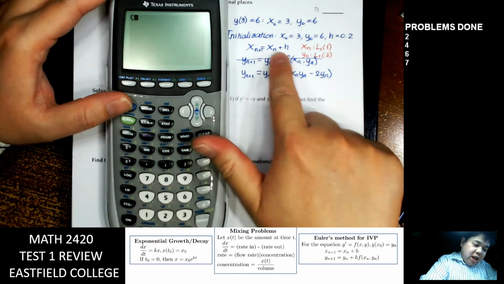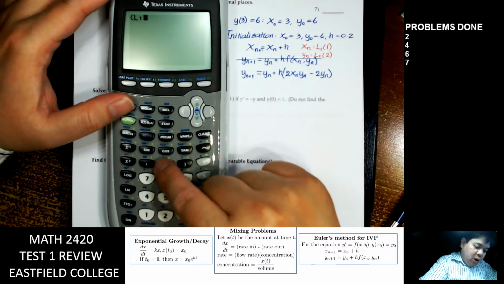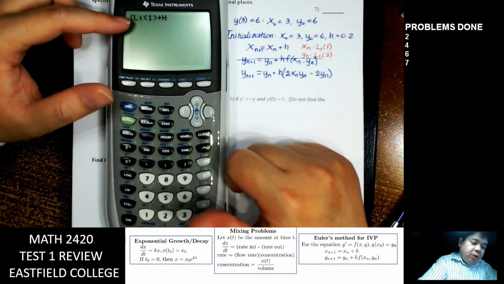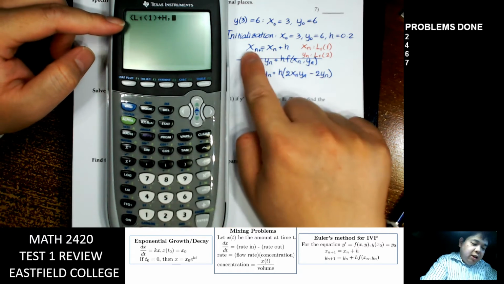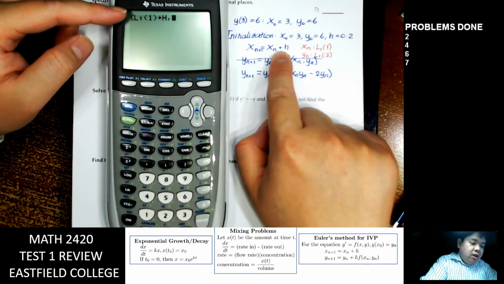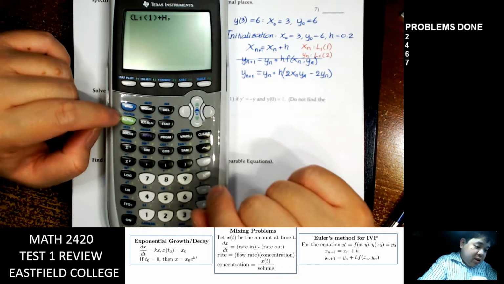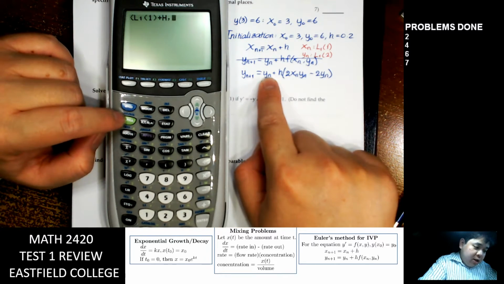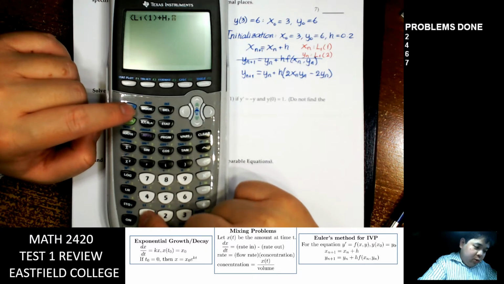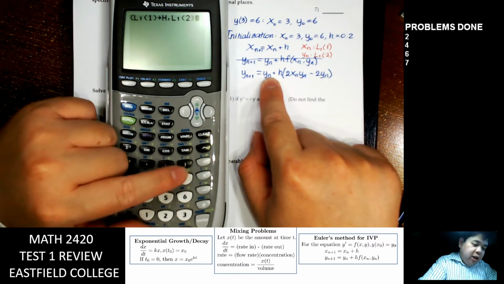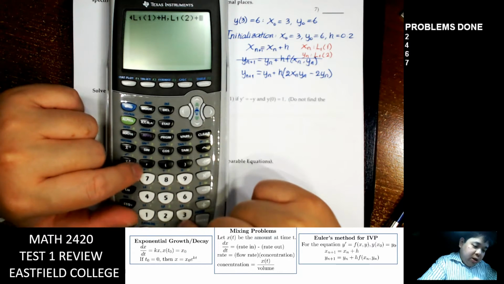So xn plus h is L1 of 1 plus h. Right. So that's the first step. That will update the list by adding h to it. Next is this. So the second one will be yn plus h